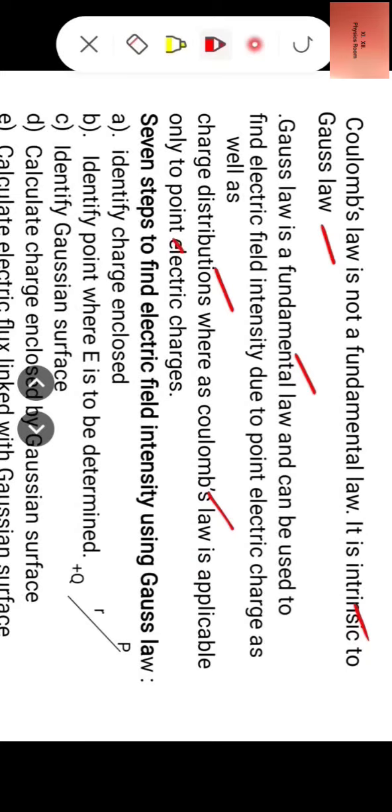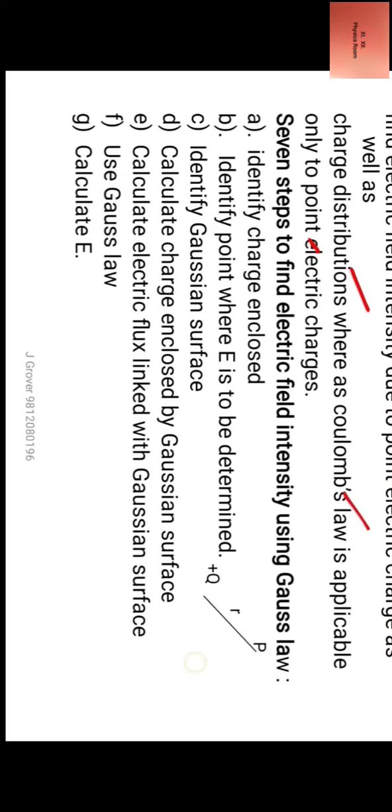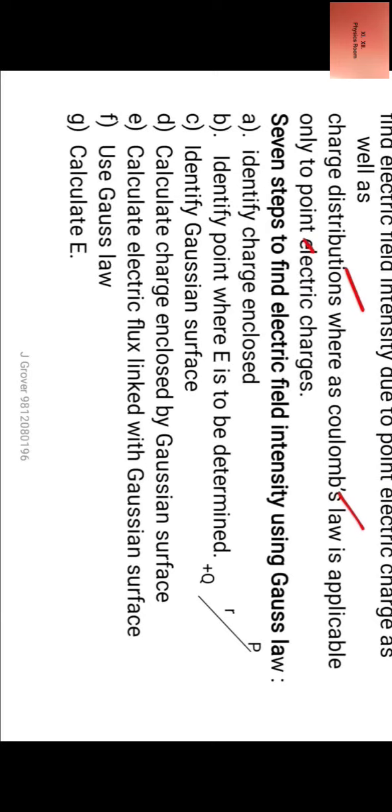Now, 7 steps to find electric field intensity using Gauss law. If you remember these 7 steps, you will be able to apply Gauss law for finding electric field intensity due to a point electric charge or due to charge distributions. These 7 steps are: